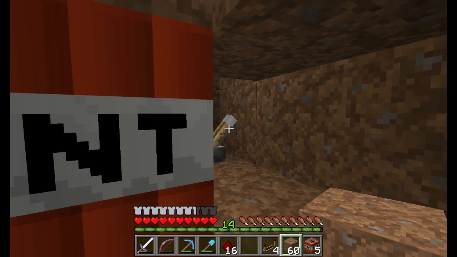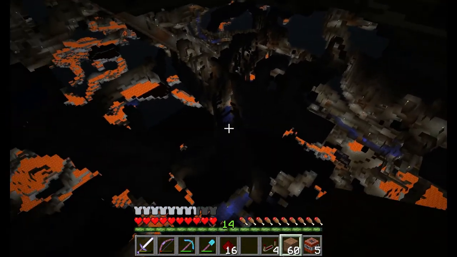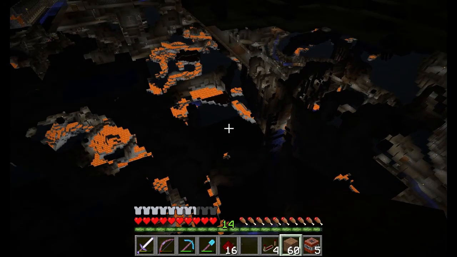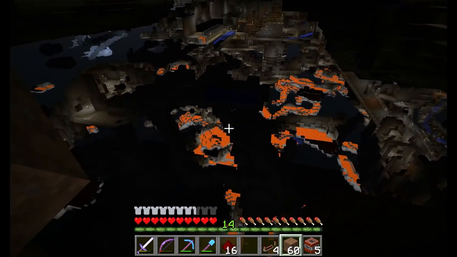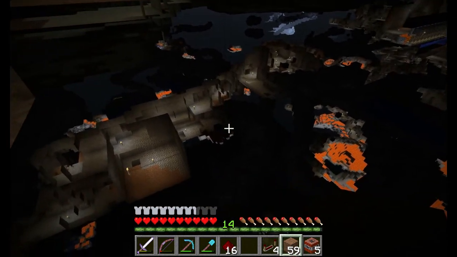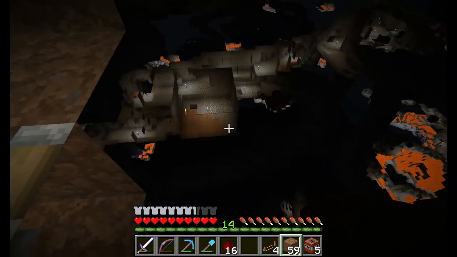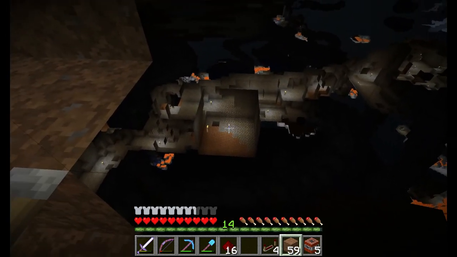So I'm gonna throw the lever here and take a look and see. And that's what we have underground here. Let me throw a block right there. So yeah, you can see we have a lot of lighting up to do. And that room right there, there was